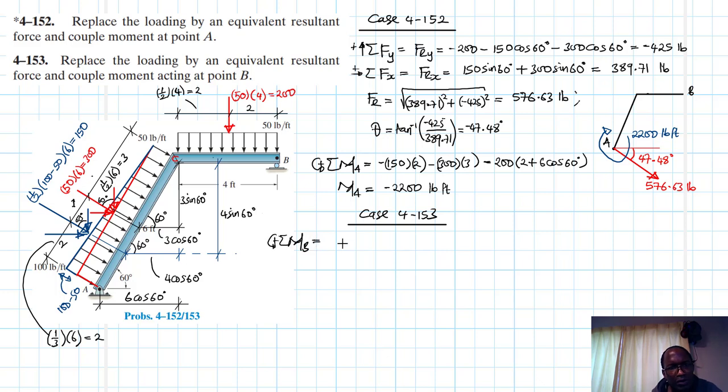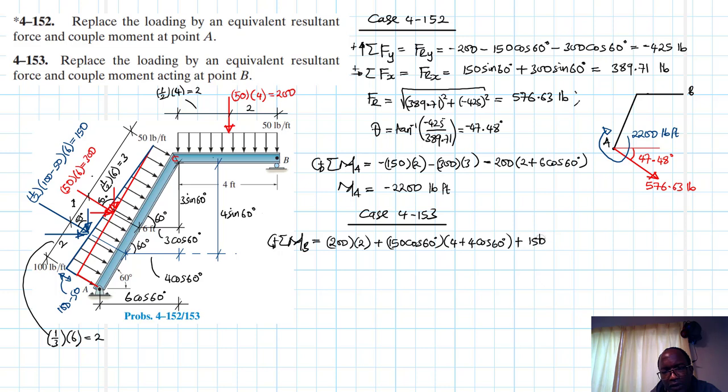This is going to be equal to a positive moment 200 by 2, and then here we're going to use the components for each of the forces. Let's start with 150. So this is going to be equal to 150 cos 60 by 4 plus 4 cos 60,